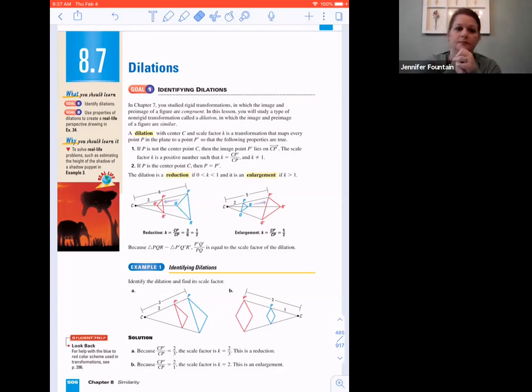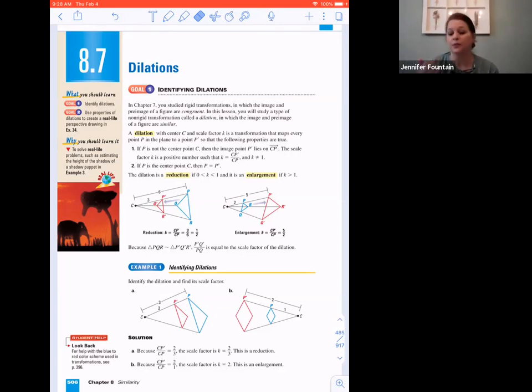In chapter 7, we talked about our transformations. We had our flips, our turns, and our slides, or our reflections and rotations and translations. So this is called dilations. We start with an original pre-image, and then we end up with an image. Basically, we either start with a big image and end up with a smaller one, and that's called a reduction, or we start with a small image and it gets larger, and that's called a